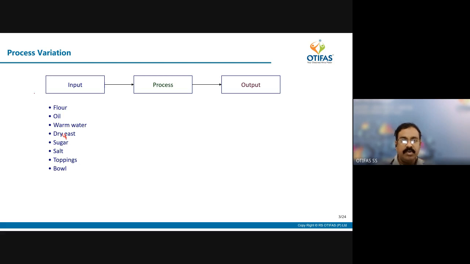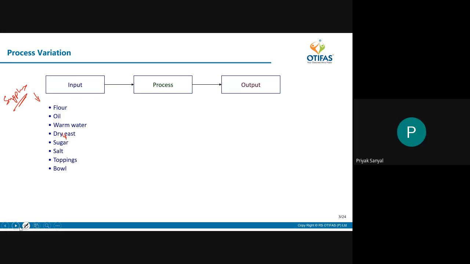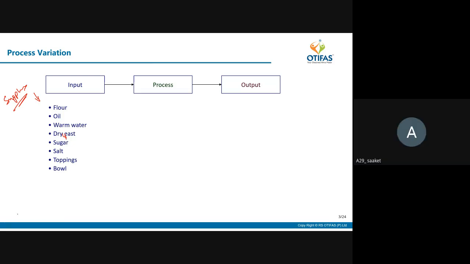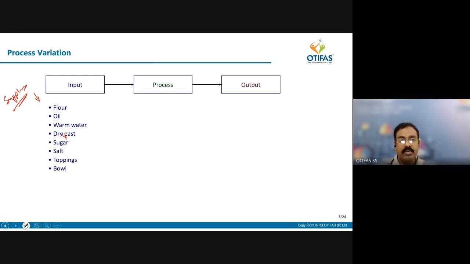So these are the inputs, and there may be some supplier to provide this, isn't it? Now, what is the process? Putting it in the oven. Baking. But before that, first you need to make the base. No, straight away you will not put it into the oven because you need to make a dough, or not? Pour oil and all these things. So suppose, let's say these are the process steps.